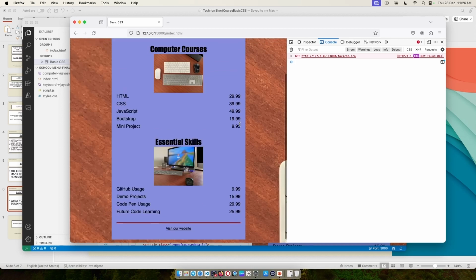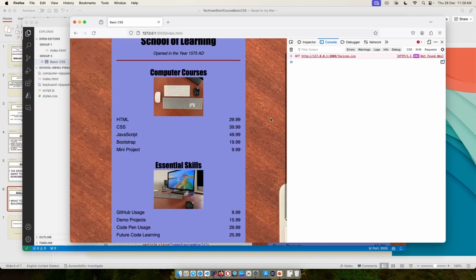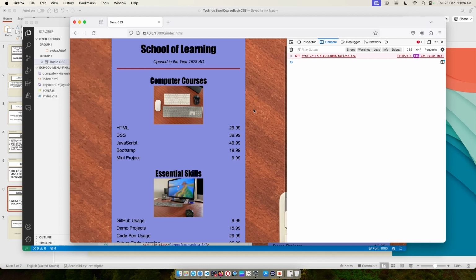So this is what you'll be building in this specific CSS section at the end of this series of videos. It's a simple flyer, like a brochure that you might have seen on websites. It's very simple. It is about introducing you to CSS.